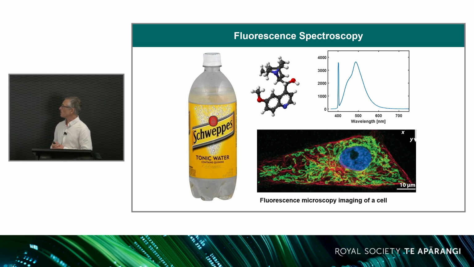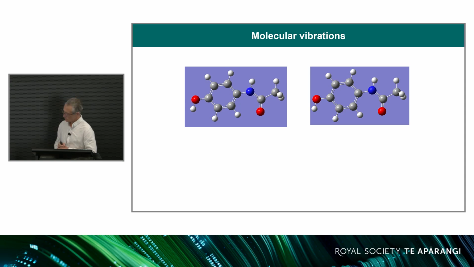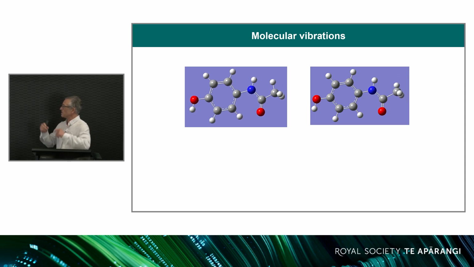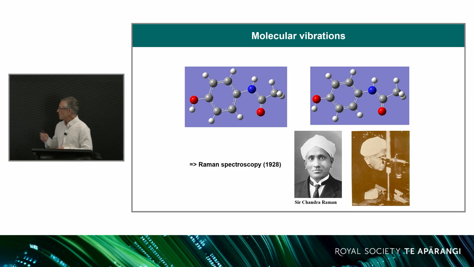What we've been working on a lot is another type of spectroscopy that tries to detect how light interacts with these molecular vibrations. So at the molecular level, those molecules are never static. There's a lot of ways they interact, they vibrate naturally, and light can interact with the energy of these vibrations. This type of spectroscopy is coming to 100 years. It was discovered or invented in India by an Indian scientist, and it's called Raman spectroscopy.